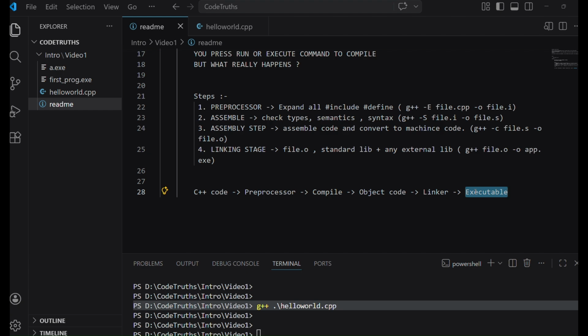So now you are able to understand there are many steps, and the details of these steps are very important to crack any interview or to proceed further in an engineering job. Basically, engineering is not just writing code and compiling it.